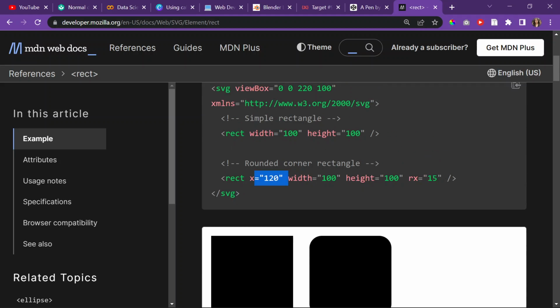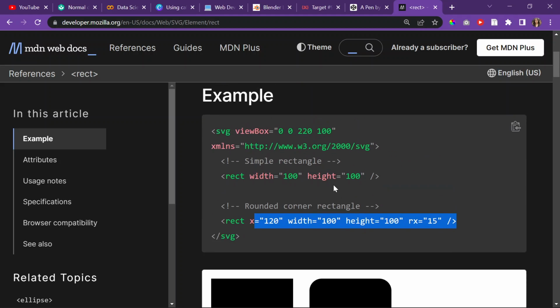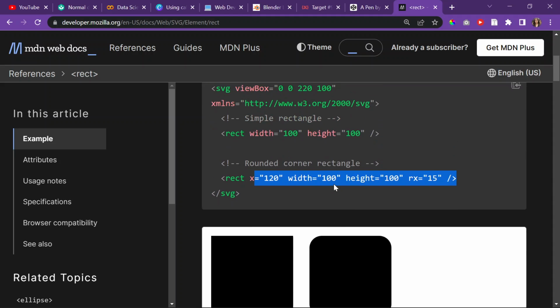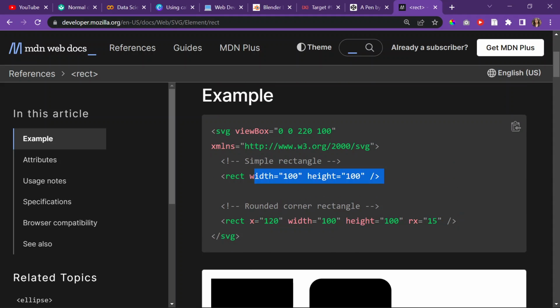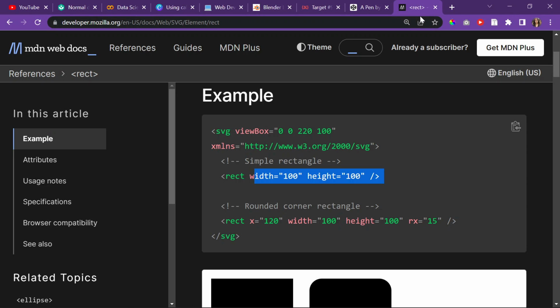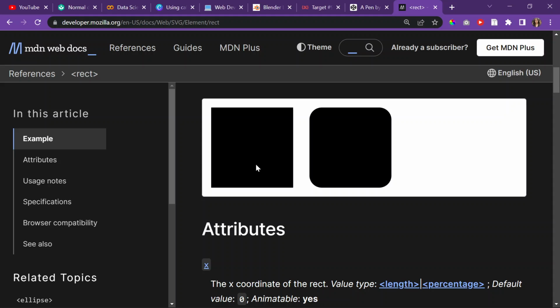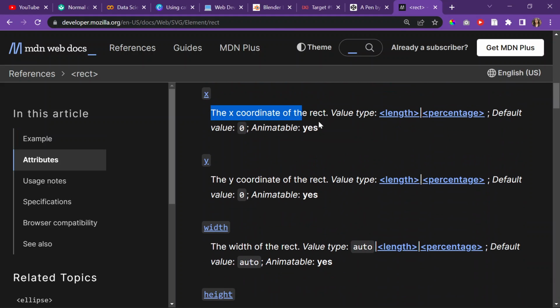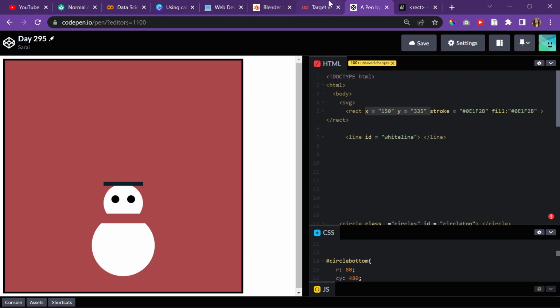No way. This is what I need for the other thing, except just a little bit less rectangle-y. Oh my god, so you don't give? I thought you had to give... Nah, because I'm confused now. I'm pretty sure you had to give this rectangle... yeah, see, I told you, the x coordinate of the rectangle, I guess we have to give it a width and a height. Oh, that makes sense, because we didn't tell it. Okay, great, yeah. So width, it has to be kind of the middle between